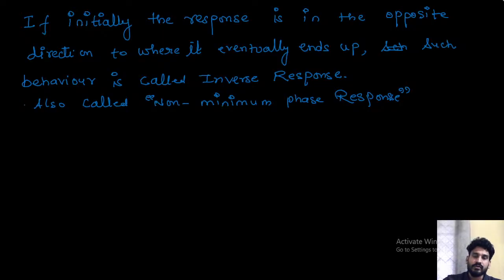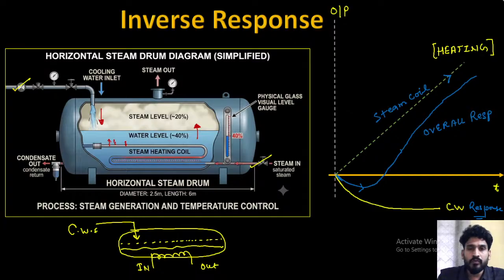In the industry, the example we discussed is the boiler operation example. So we do not want my response to be inverse. It is the response shown by some process in the industry, and these are inverse responses. We are not using it. Here there are two processes, as I told you: the cooling water and the heating.